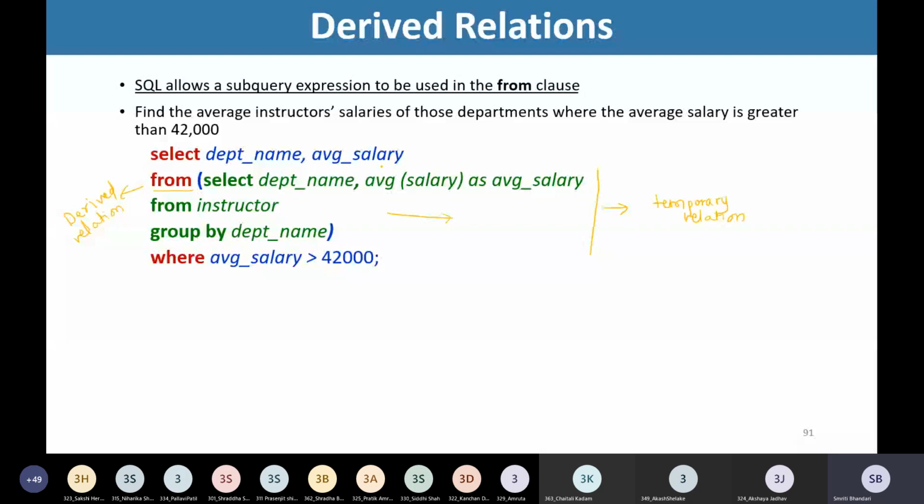This average salary column is actually storing the average salaries of each department, so it already has the computed average salary. Simply, we write in the where clause that this average salary is greater than 42,000, and we will get the same result.